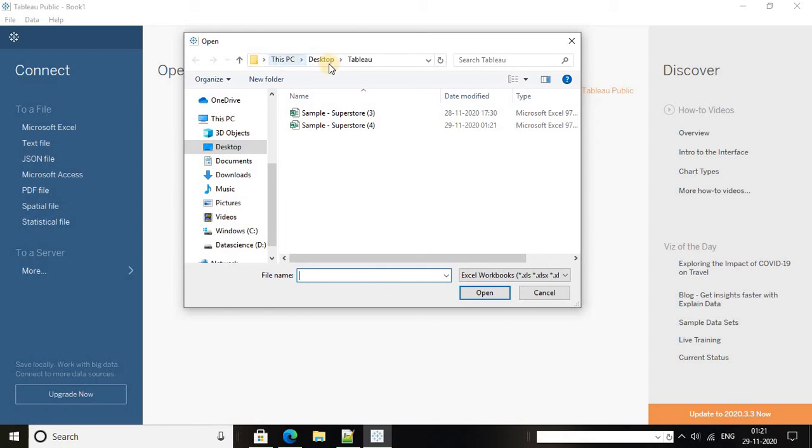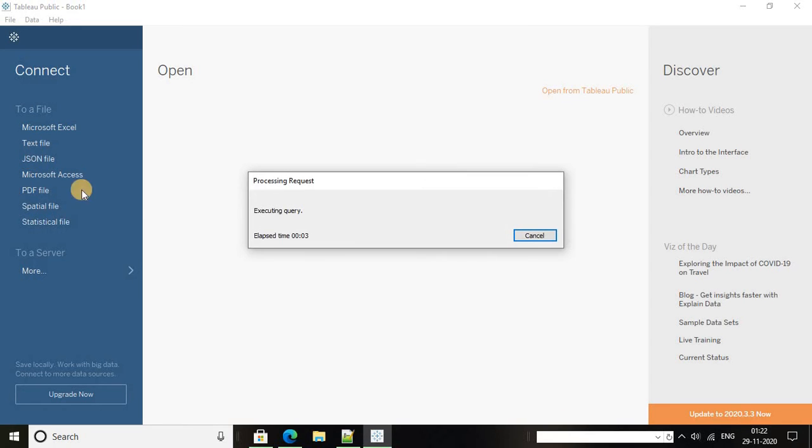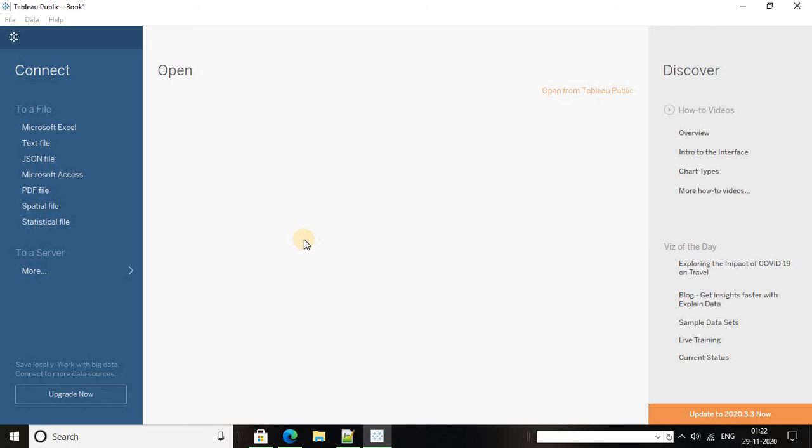I go to this folder and select the sample superstore file which I downloaded. Just press open. Now Tableau Public will load the XLS data which we have downloaded from the website. It will take some time.